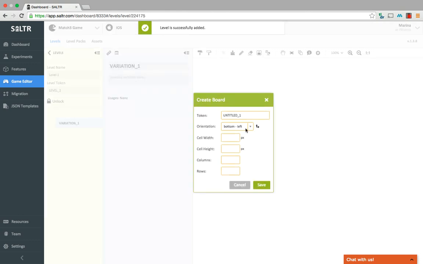Create board pop-up appears. You may create multiple boards. I insert the token that is already agreed with the developer. Let's call it main board. You will notice that the default orientation is set bottom left. I leave it bottom left, but you can change if you want to set your board to appear upside down